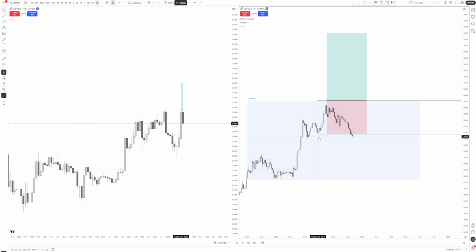So what do you do in this situation, given that the price has broken this external low? Well, now it's telling me on the lower time frame that bearish momentum has taken place. So I need to see some bullish momentum, or else my bias will switch to bearish. But at the moment you can see we're still bullish because the hourly candle hasn't closed yet. So let's get rid of this for a second,